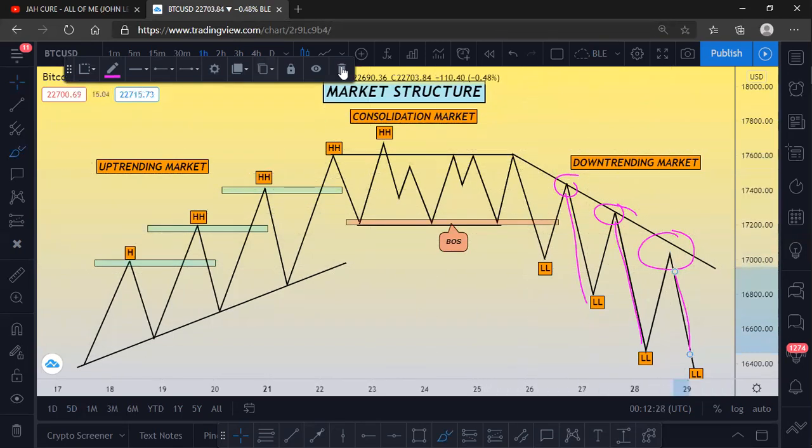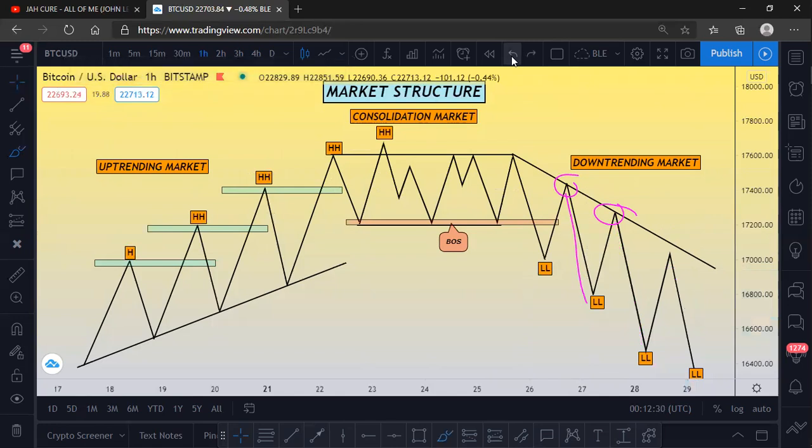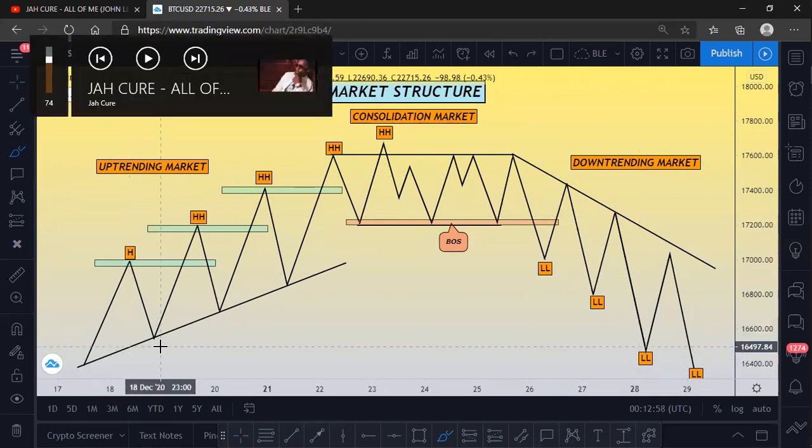Okay, so drawing trend lines is just like projecting the future, like predicting the future, that since price touched here and bounced back, and now the two of them, you've connected the two data together and see that, okay, it's like price is going up. Let me show you something, but then you understand the uptrending, consolidation market and downtrending market, right? You understand the concept of trend line, how you draw your trend line, right?